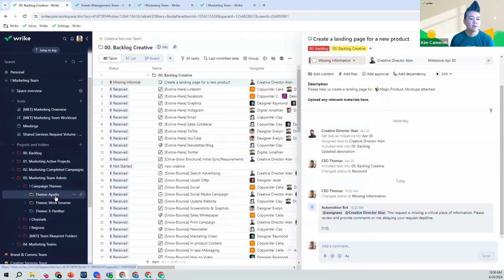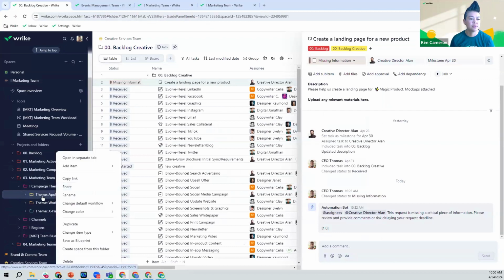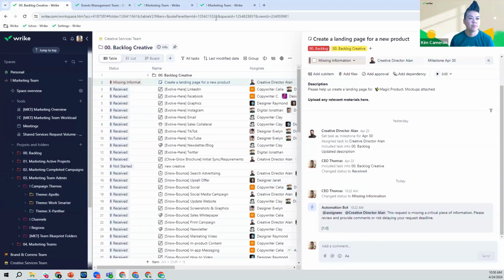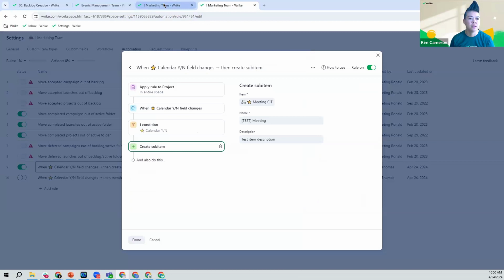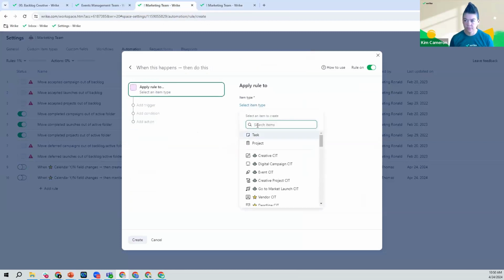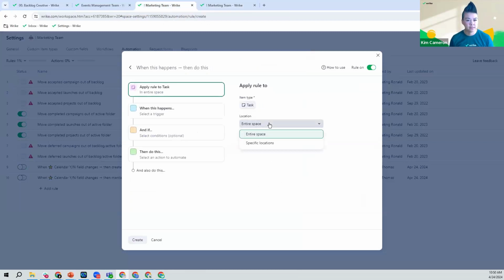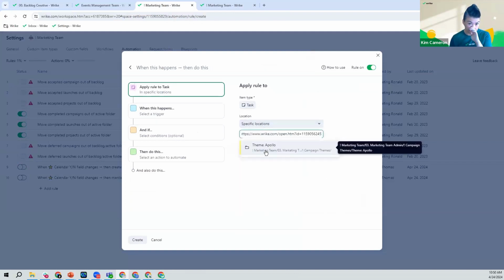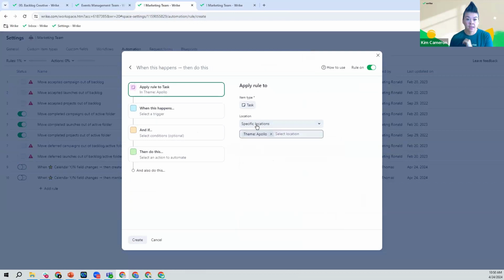I'm going to grab the permalink for this folder, right? That way, when I go and write my automation, I can be really specific about what I want to do here. So we're going to apply this to tasks, and I want it to be in a specific location, which is that hyperlink. So here we've got, as the account manager for Apollo,